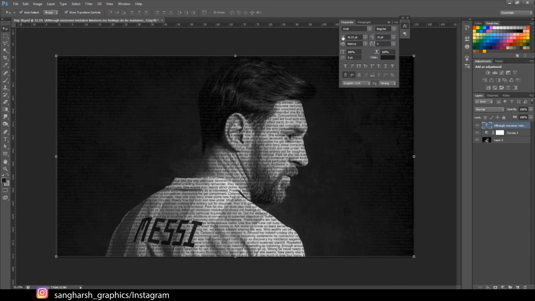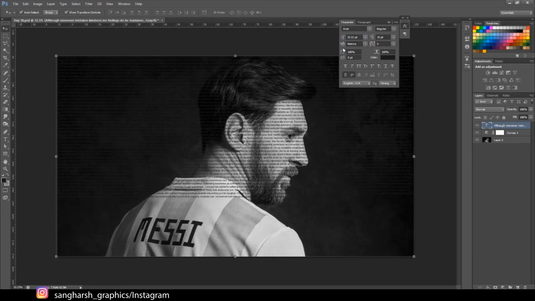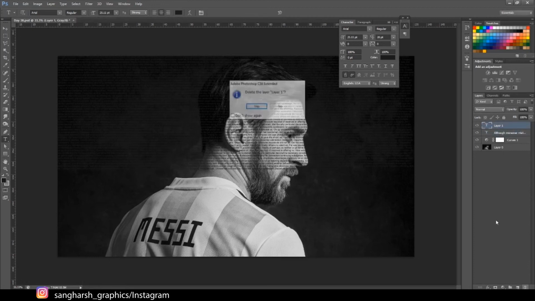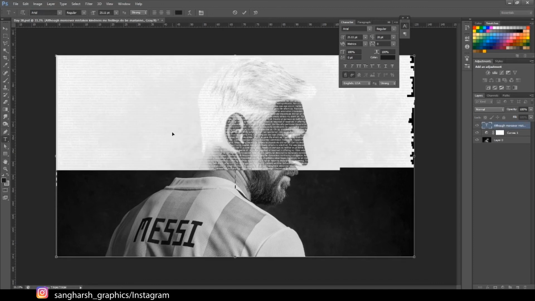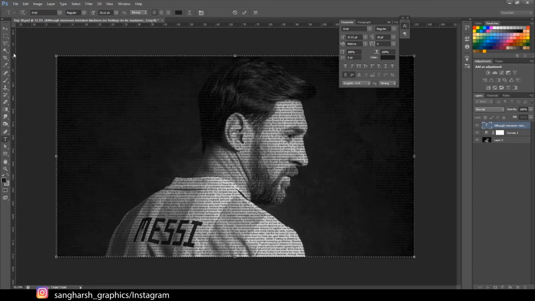Adjust the size of your text and the distance between the text to get a perfect look. Copy, paste again and again.